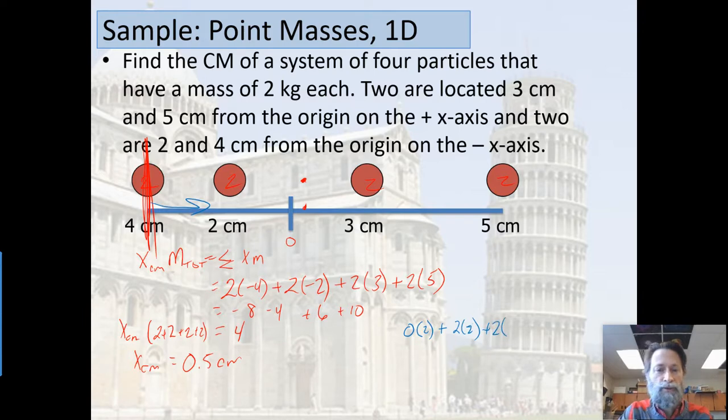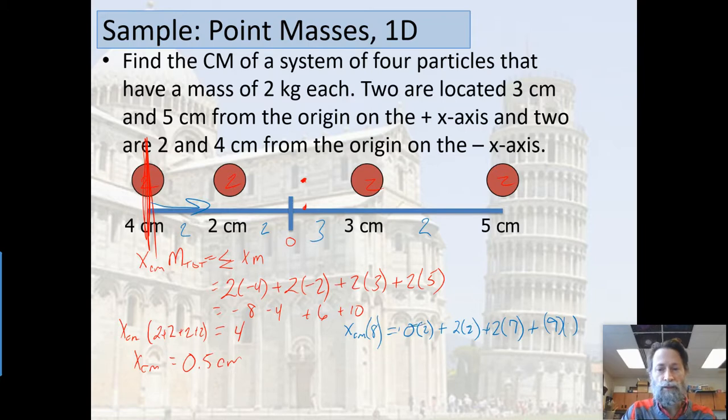Plus a 2 times, now this is going to be 2 plus 2 plus 3, which is going to be 2, 4, 7, right? And then this other one over here is going to be plus another 2, or 5 plus 4 is going to be 9. So 2 times 9 is going to equal the x center of mass times the total mass